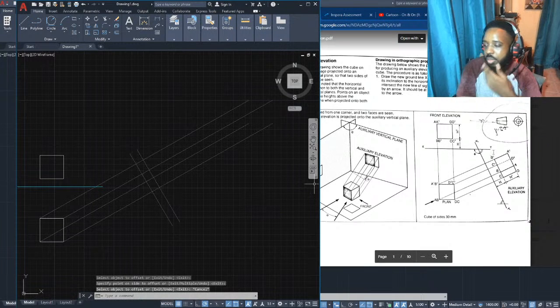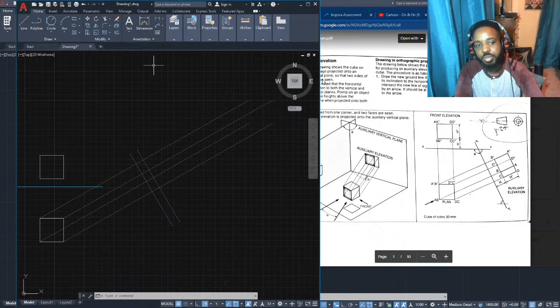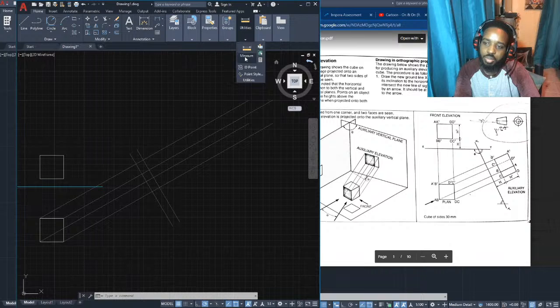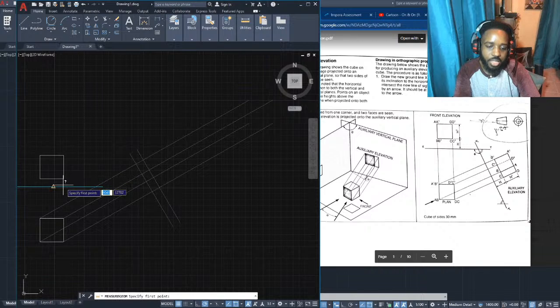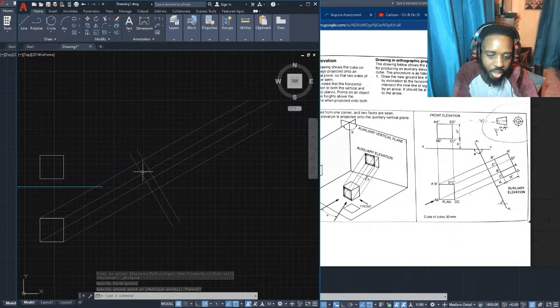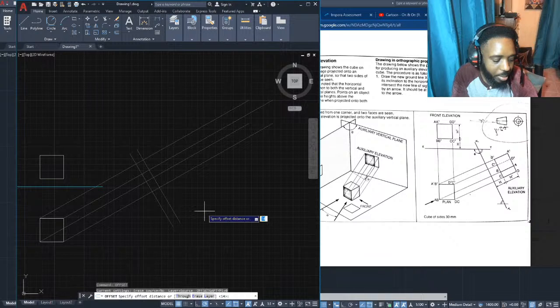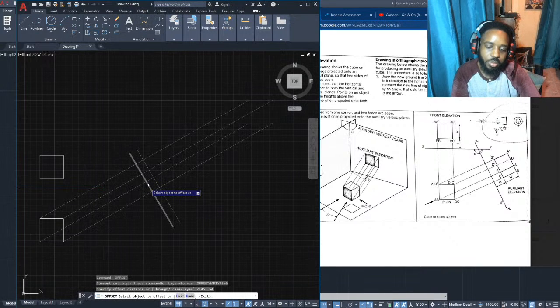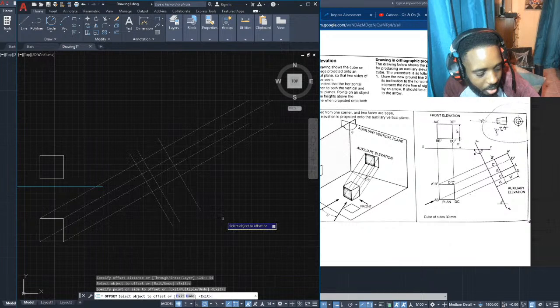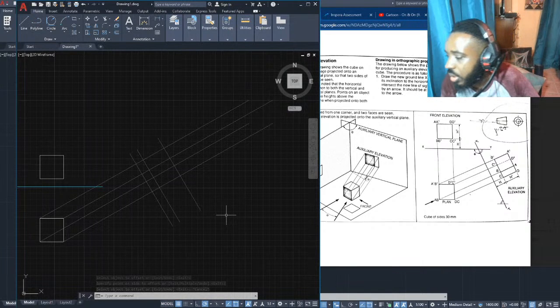Good. And then now I need to measure this distance from XY to the top up here. So if I go utilities, distance, the distance from the XY line to the top here is 54. Alright, that's 54. So if I offset by 54, I could offset this by 54, or I could offset this by 40. Either way works. So let's say offset by 54. And I get that. Good. Then we're basically done.